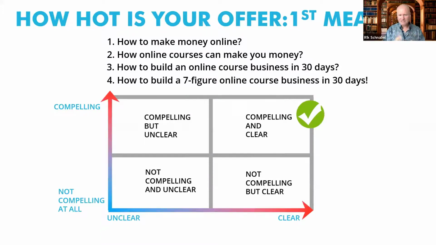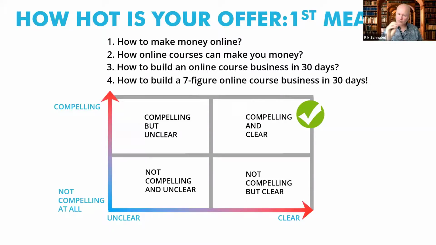However, even though the fourth title was the most clear and the most compelling, what we ended up doing is we ended up dropping the 7-figure piece. And the only reason for doing that was we felt that we might intimidate some people, or it might have sounded like one of those claims that were just too good to be true. Now, the truth is, we're teaching people how to build a 7-figure online course business. However, not everyone will get there, because not everyone wants to get there. Not everyone has the mindset to get there. And not everyone will aim to achieve that pinnacle. They might have beliefs that are getting in the way, or value systems that are getting in the way, or some concept or idea that's really getting in their way.